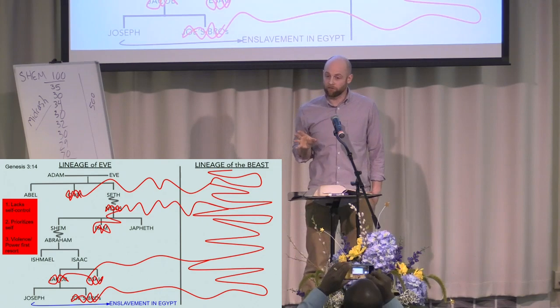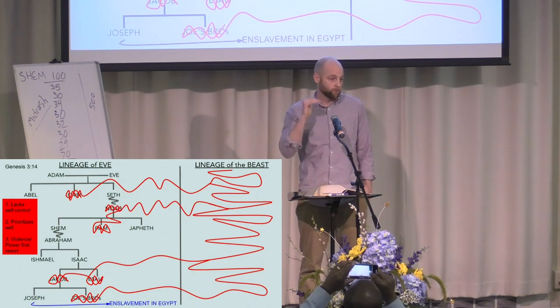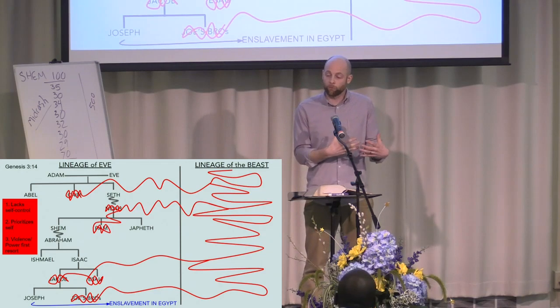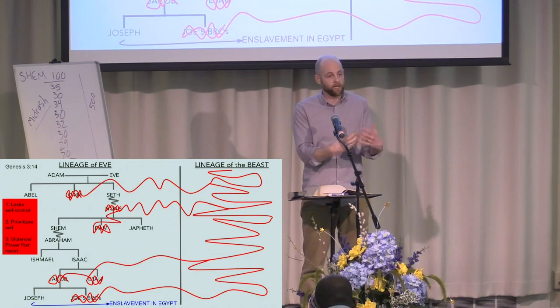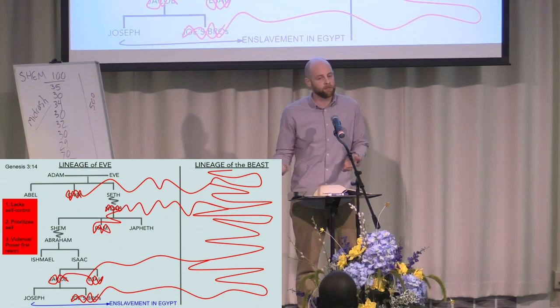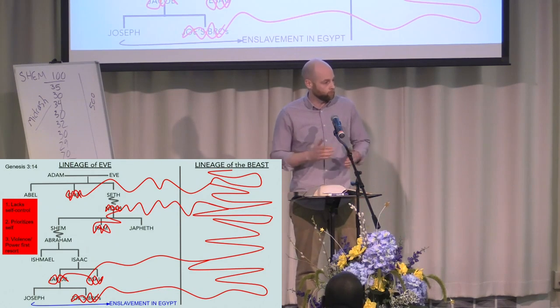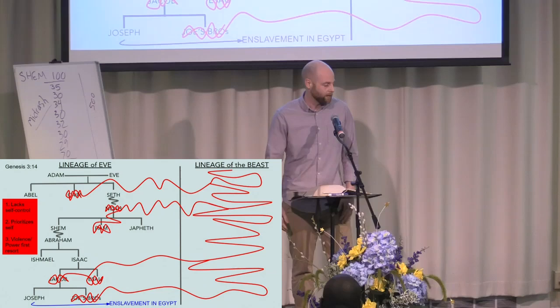Joseph does great things, though. While he's in Egypt, he moves up the ranks, very admirable. And that's eventually how his family, through famine, comes to be in Egypt, and they're given a place of privilege, but then over time, they lose that as the new king comes in, as I mentioned before, and then we get into Exodus and the rest of the story.